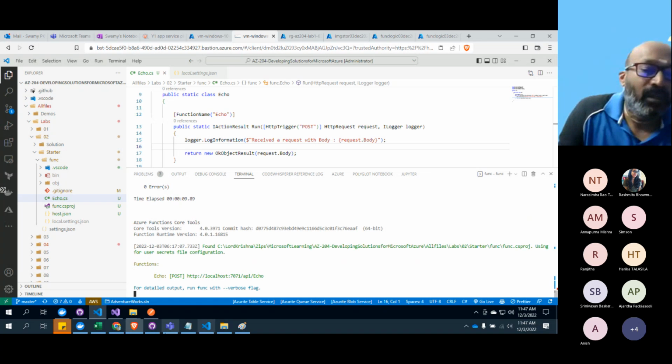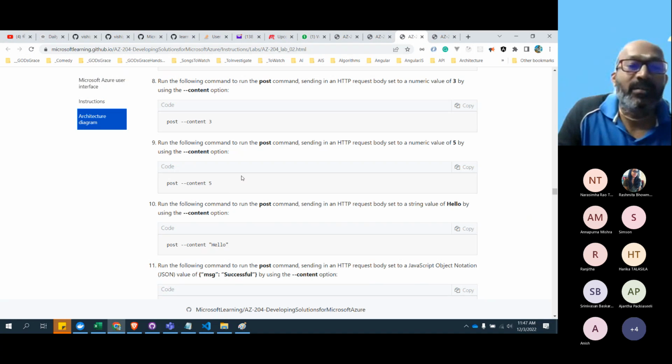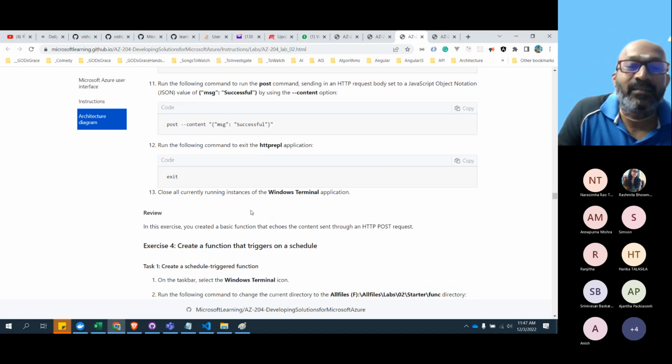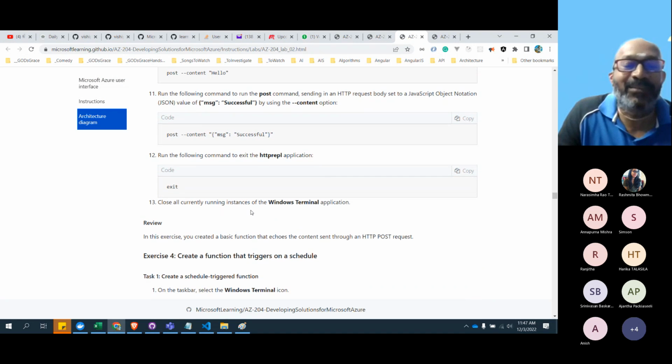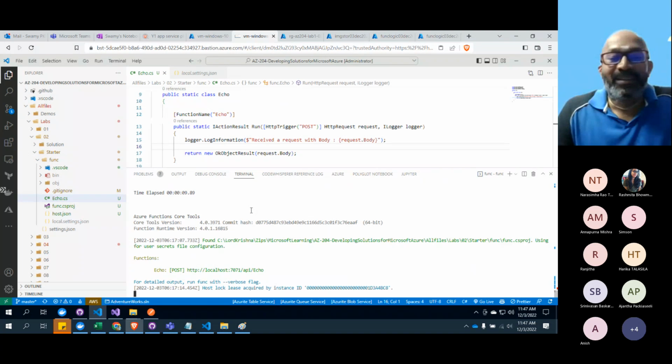We can use these commands which were specified, but I'm a little lazy. I'm a lazy guy, so I'm using Postman.